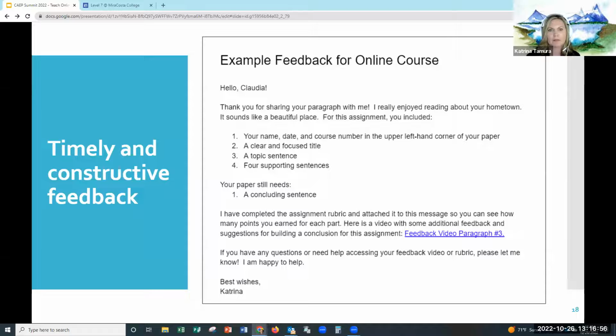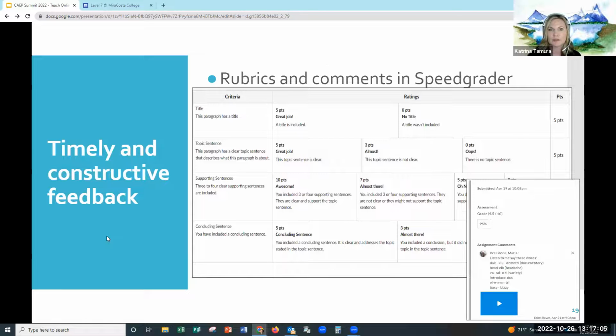If you go to the next page, you can use a rubric, which will go through specific criteria and how many points exactly they've received for each item. And remember, when you make a rubric, write it in words that your students understand. I have seen so many rubrics where I don't understand what feedback you're giving me. It's too technical. I would think it's a manual. I would like it to be more personalized for me as a student.